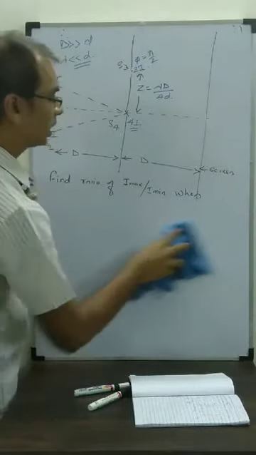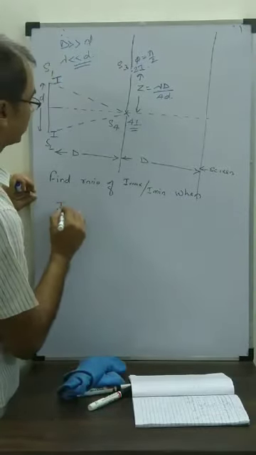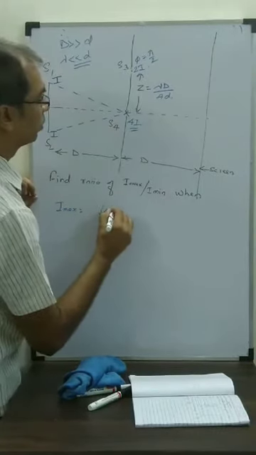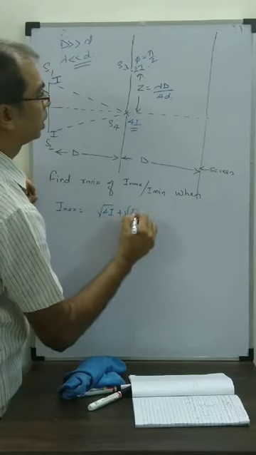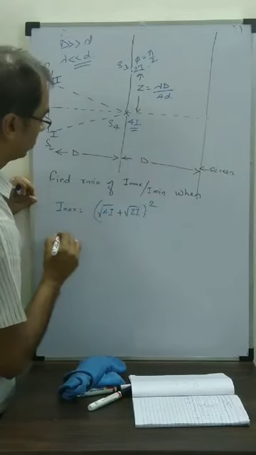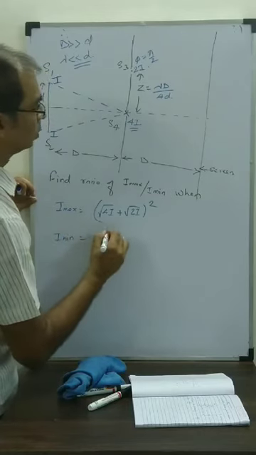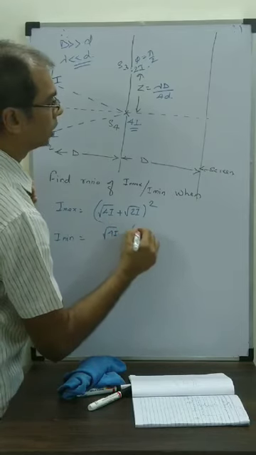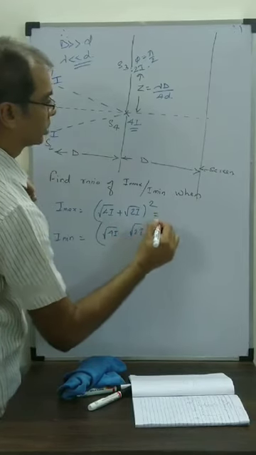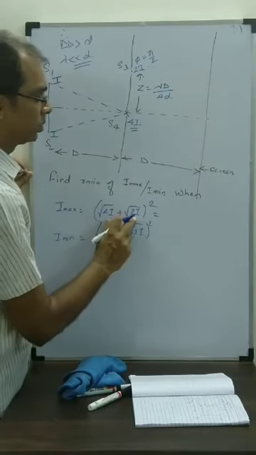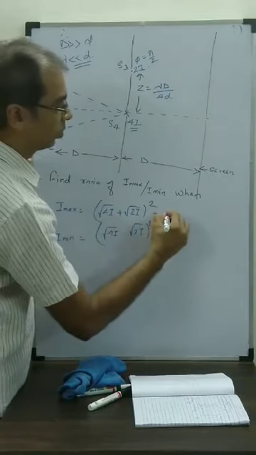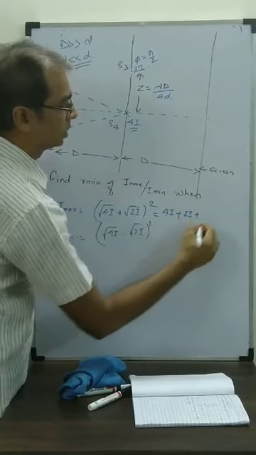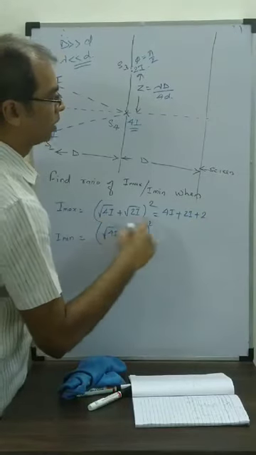What is I maximum in this case? I maximum again is root I1 plus root I2 whole square. Root 4I plus root 2I whole square. I minimum is root I1, 4I, minus root 2I whole square. Let's see what's coming here. A square plus B square plus 2AB. Now A square means 4I. B square means 2I plus 2 root over I1 I2. That means root over